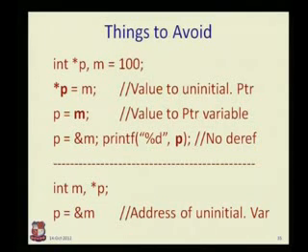So what is wrong in this? Okay, ptr is a variable, but I cannot directly assign m to p. So this is the right hand side that I have written in bold. This m is wrong. I cannot directly write m. What about the last line? Now this is okay.